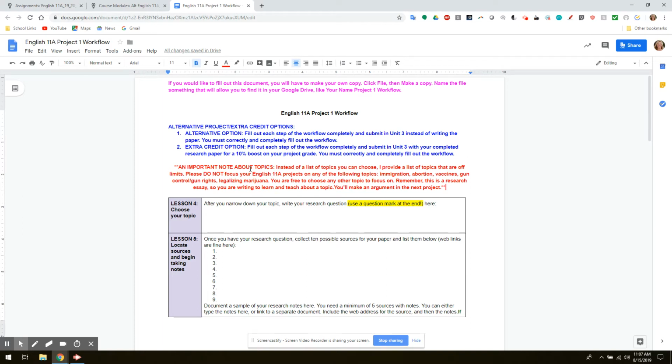Instead of a list of topics that you can choose from, I'm giving you a list of topics that you can't choose. So what I'm saying is there's hundreds and millions and thousands and trillions of topics that you could write a research paper on, but you may not write it on immigration, abortion, vaccines, gun control, gun rights, legalizing marijuana. And the reason for that is those are